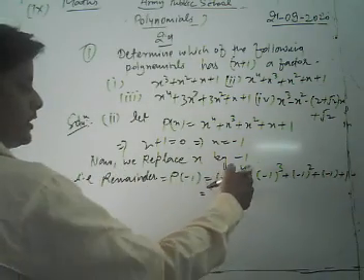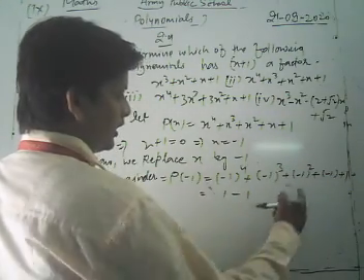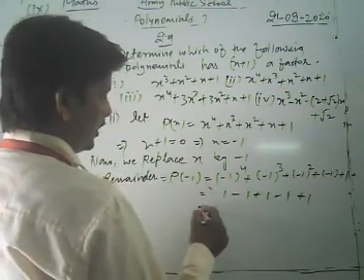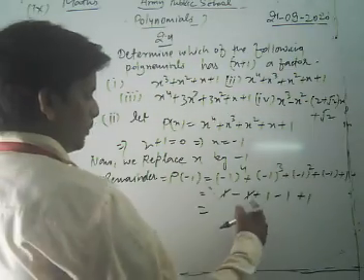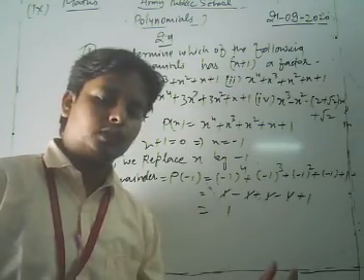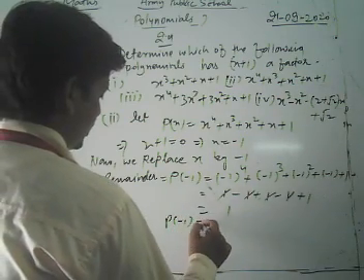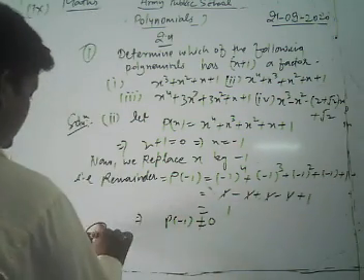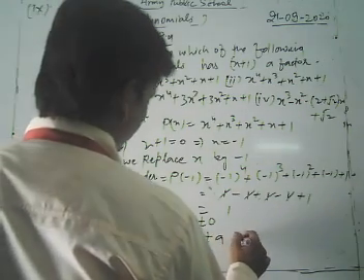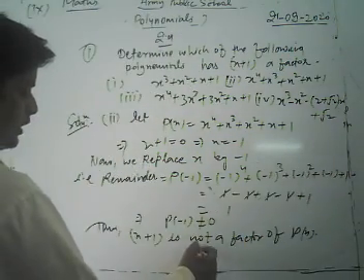Now here the power is even, so its answer is positive, plus 1. Here it is plus minus, minus 1. This is even, so this is plus 1, this is minus 1, and plus 1. Now look, here plus 1 and minus 1 cancel each other, plus 1 and minus 1 cancel each other. What we are left with, dear student, is plus 1. So p(-1) is not equal to 0. Thus x + 1 is not a factor of the given polynomial p(x). Hence this is your answer.